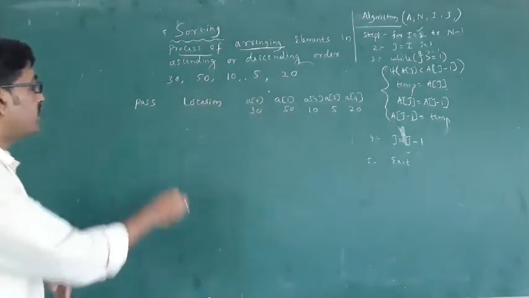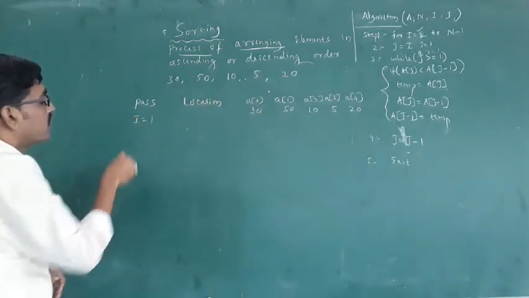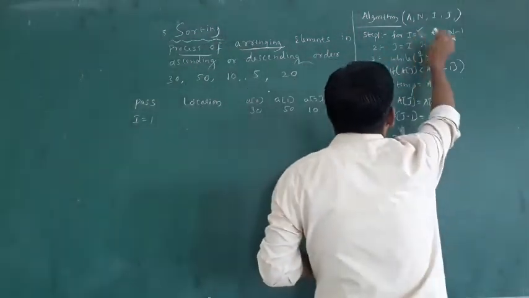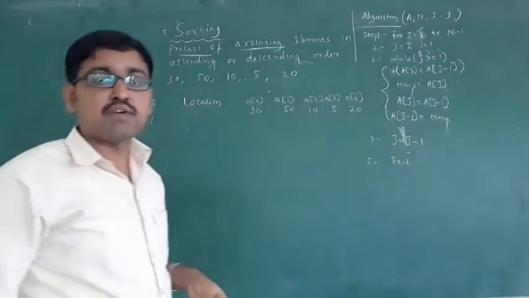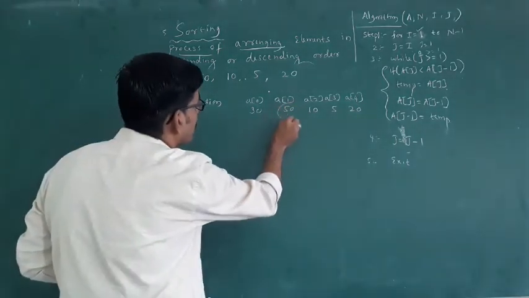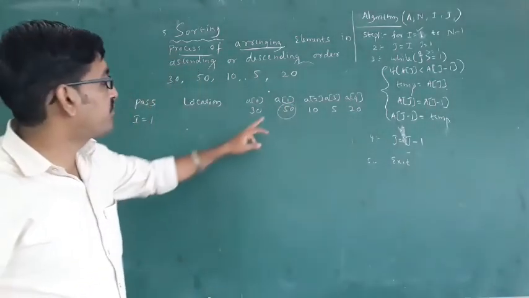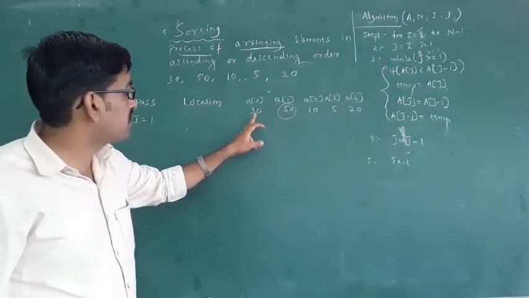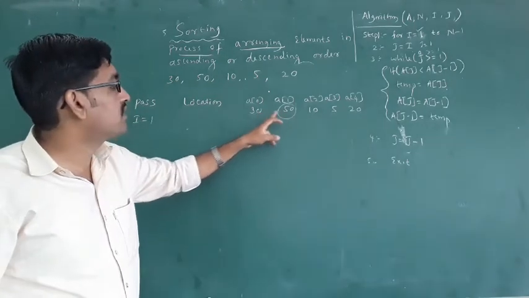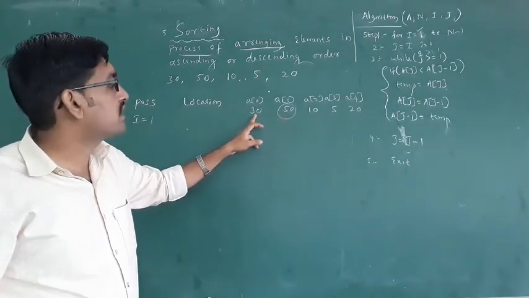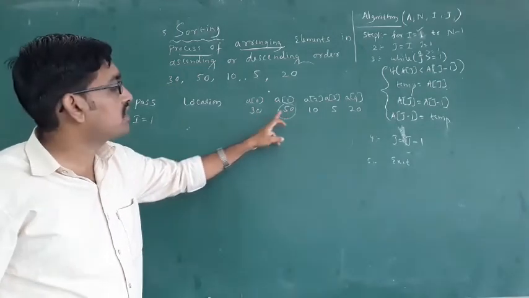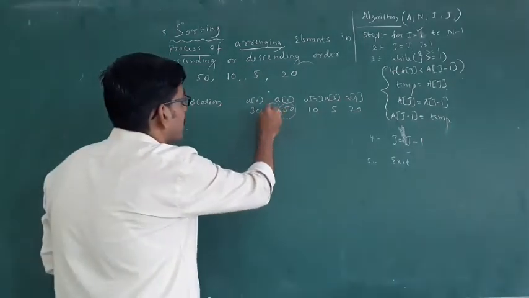Okay, after that your element i equal to 1 starts, because always in the algorithm it starts with i equal to 1. First, once you take 1, you just have to round it. 50 is it, just you have to compare 30 with 50. Okay, 30 with 50, you have to check. Is it sorted? Yes, it is already sorted, then itself it is sorted.